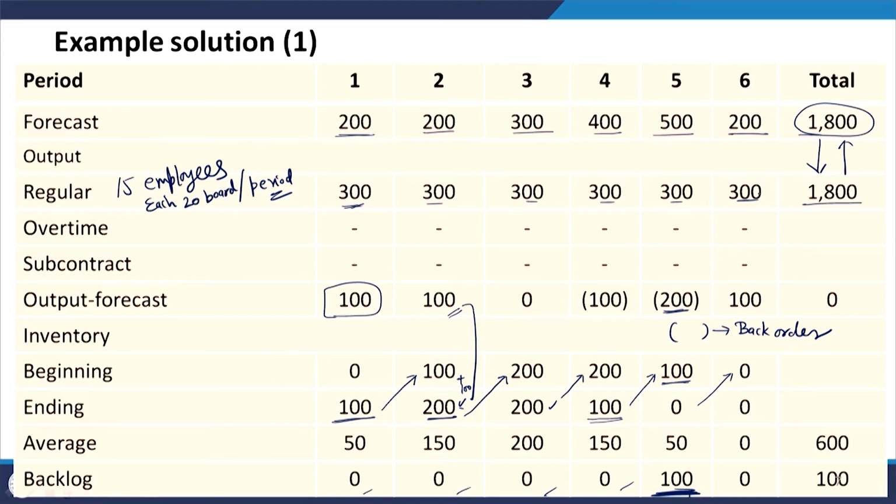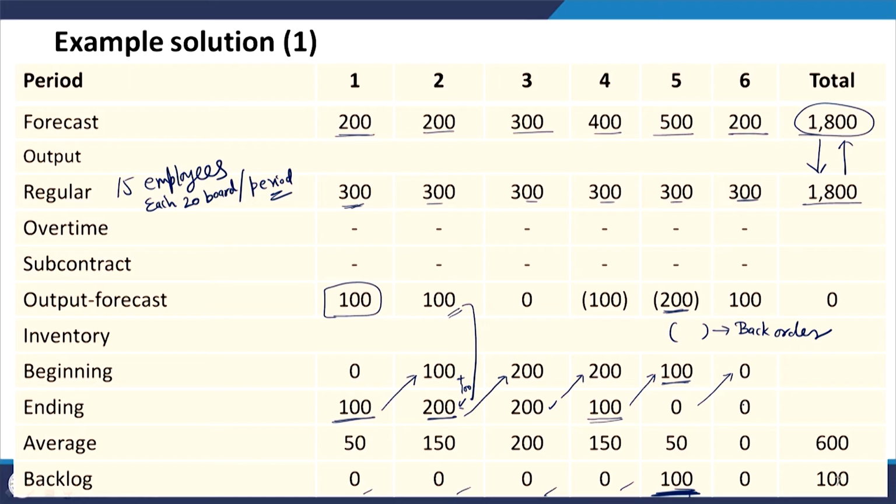300 is the regular production, 200 was the demand. So, you have a stock available of 100 units in the 6th period, and already the backlog of 100 units were there from the 5th period. So, from this production of 300 units, you will fulfill the demand of the current period, and you will also fulfill the backlog of 100 units of the previous period. So, finally, you will have 0 ending inventory at the end of the 6th period, and this is also a